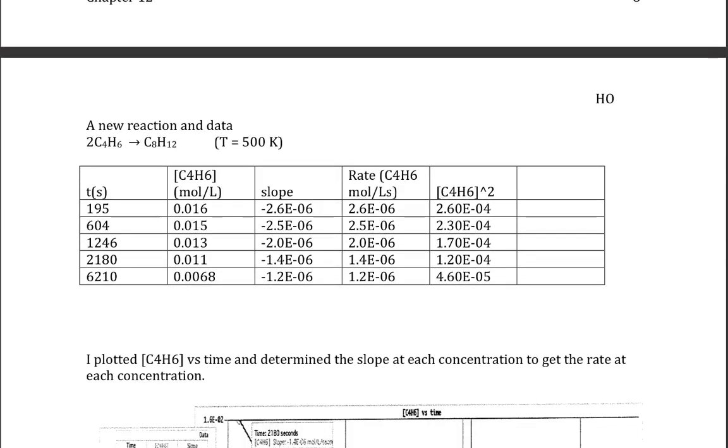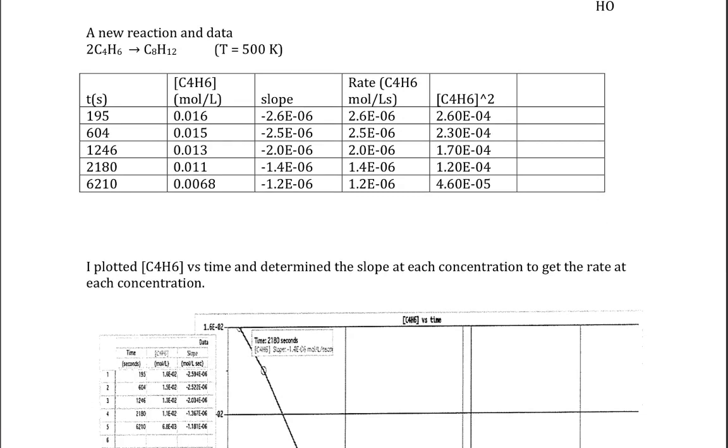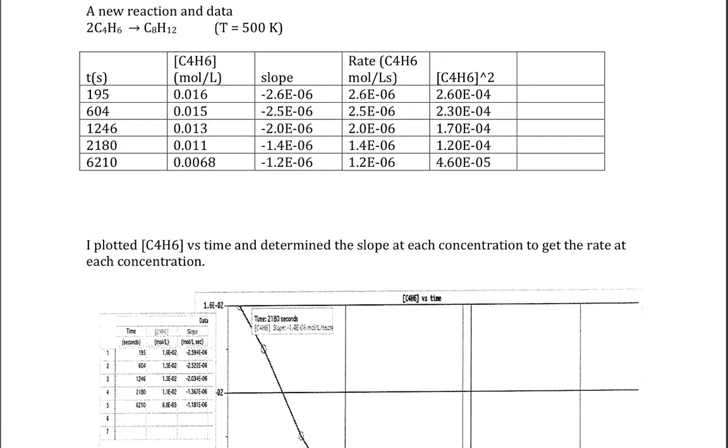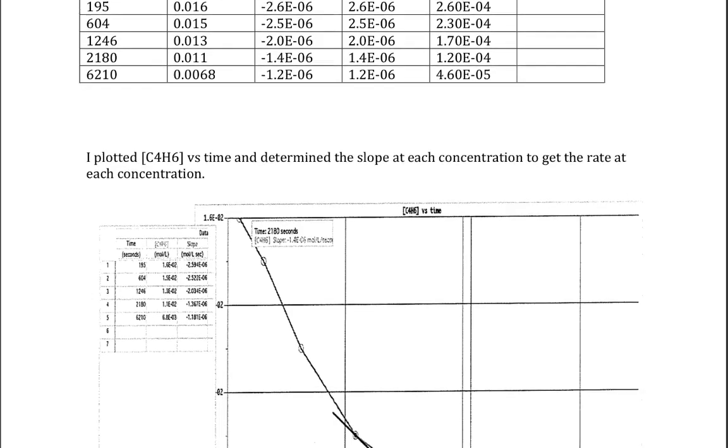Alrighty, so now we're going to do the same kind of thing but with a new reaction and new data. Our reaction is 2C4H6 forming C8H12. Temperature is 500 degrees Kelvin. We have data, and we have the time data. We have the C4H6 data. And then what I did was I made a graph,